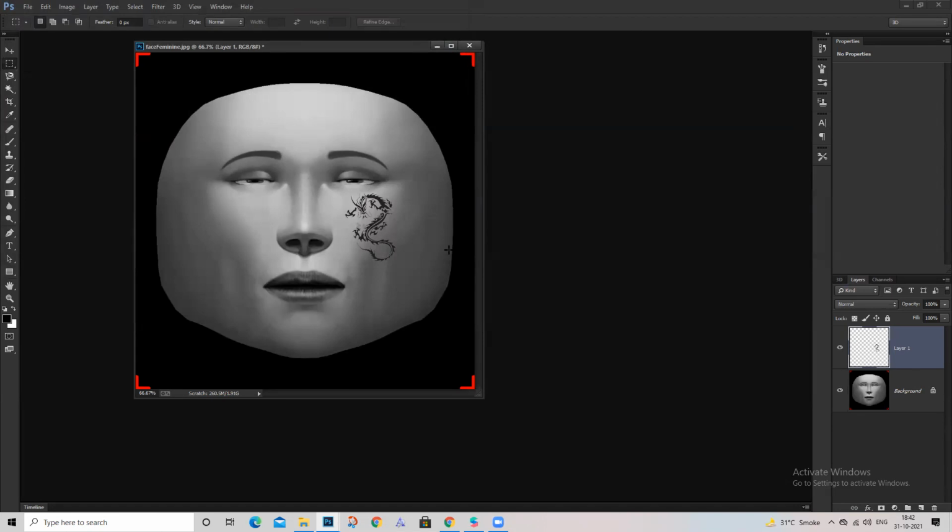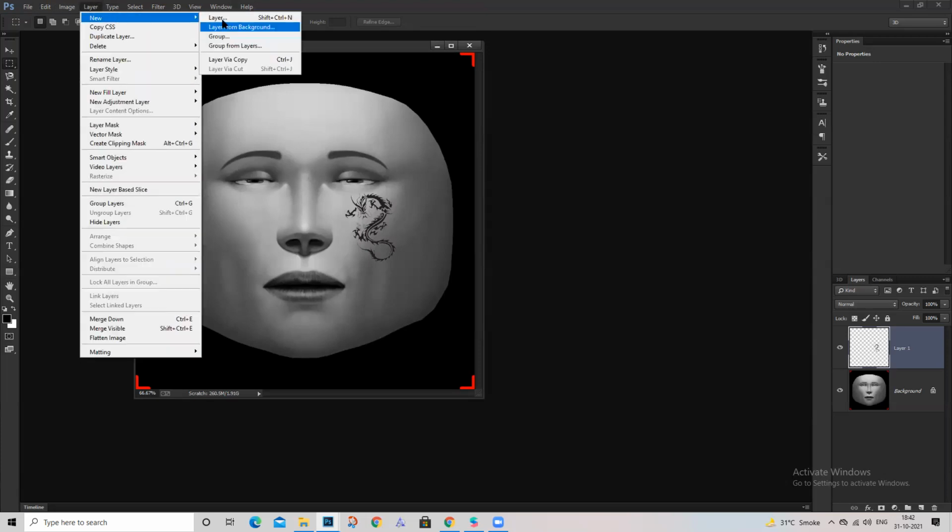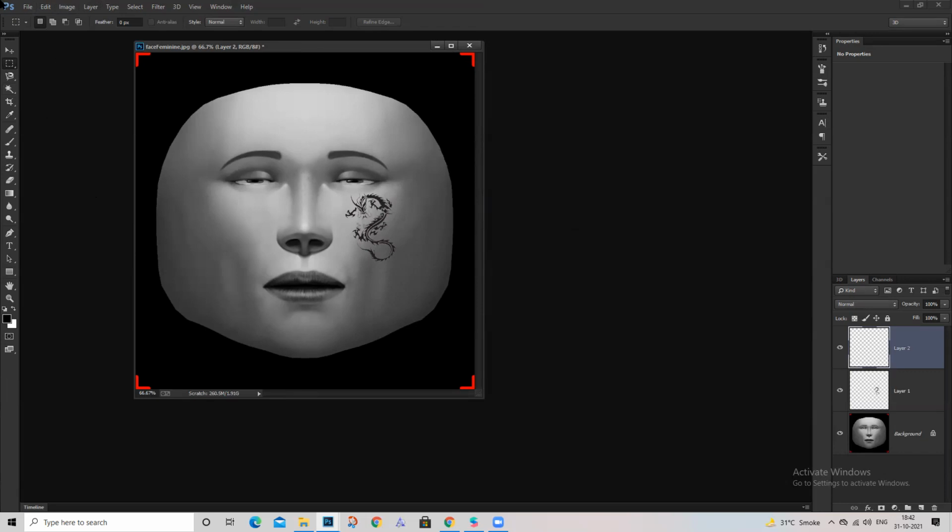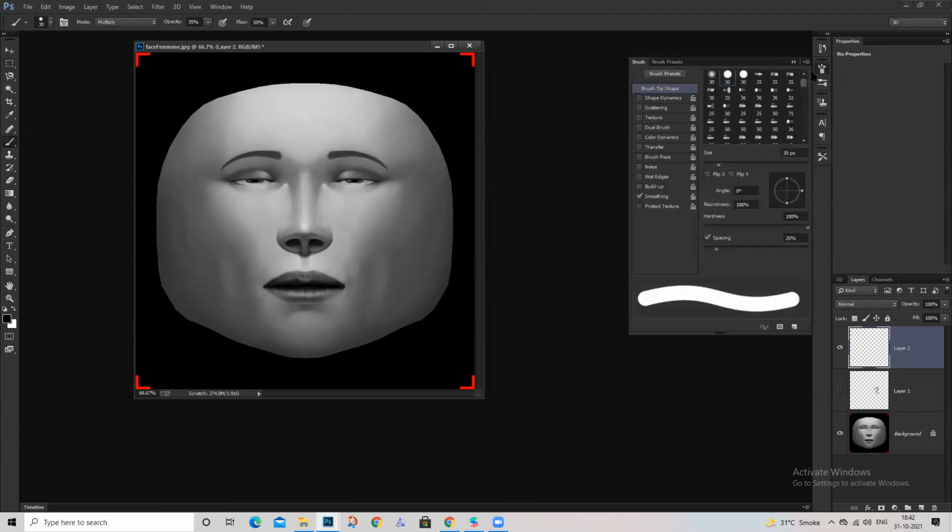Okay. So now maybe I want some blush, for my filter because I'm trying to make a face beauty filter. So maybe I want a little blush on my cheeks. So I'll go to layer, new layer, and basically you draw on your face with the brush.